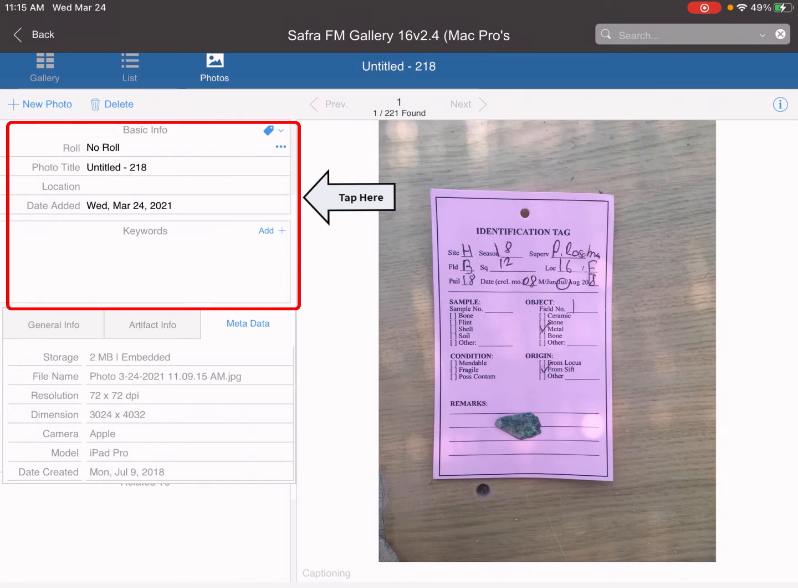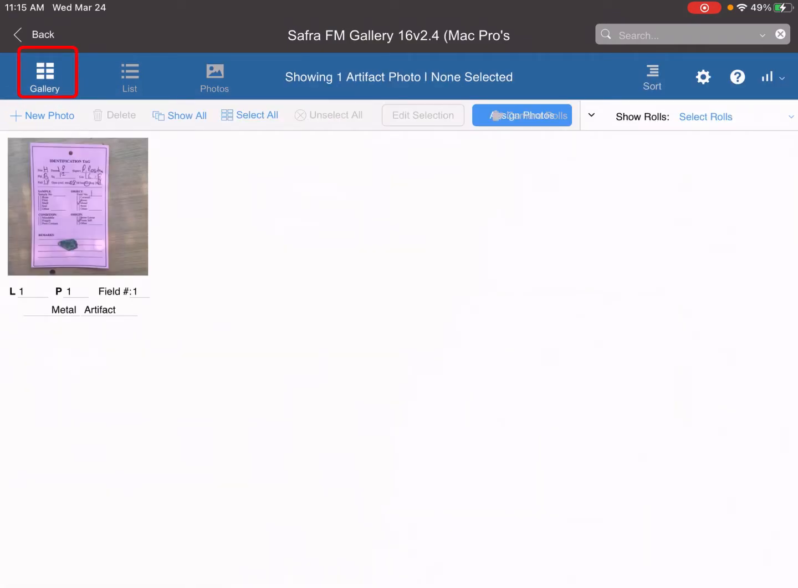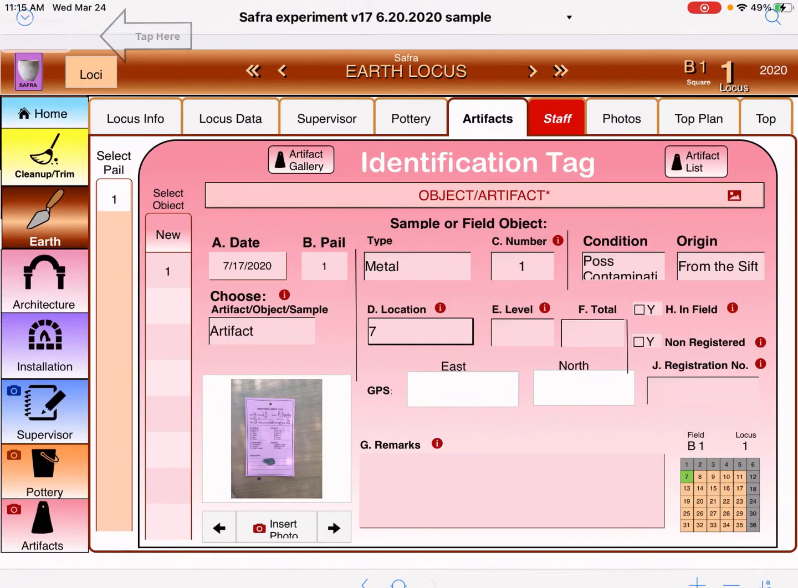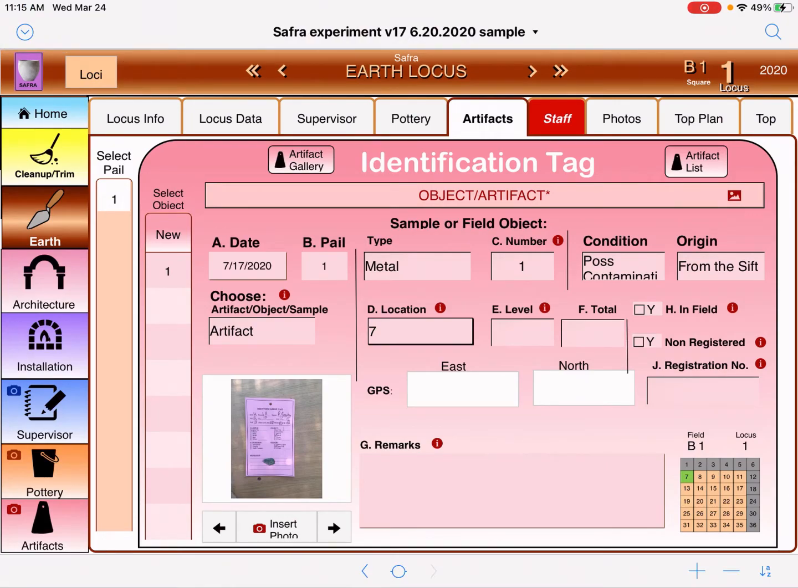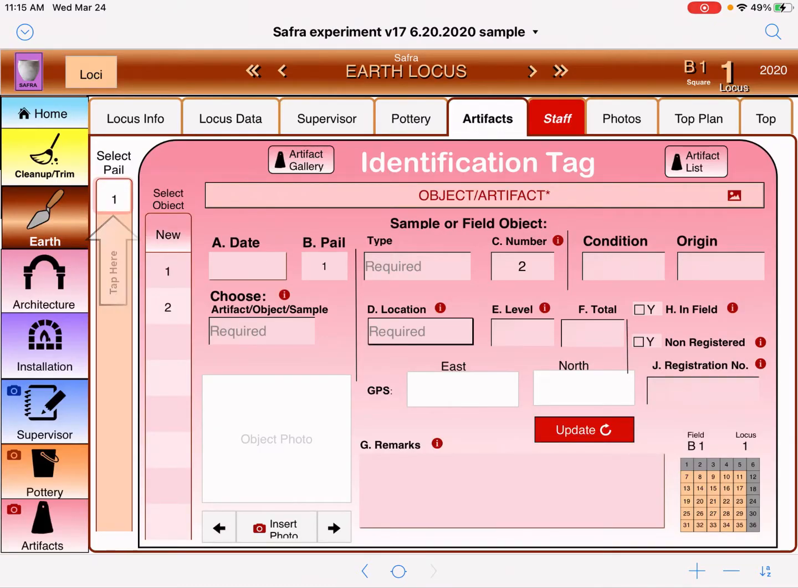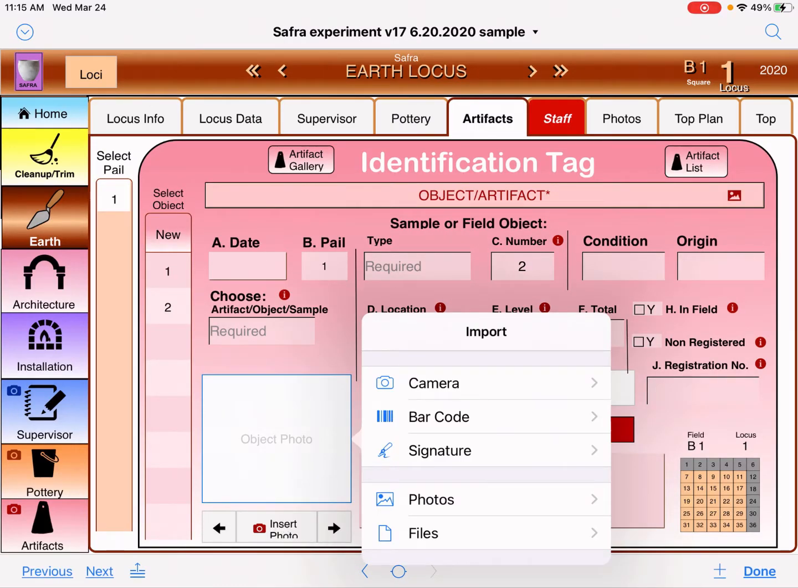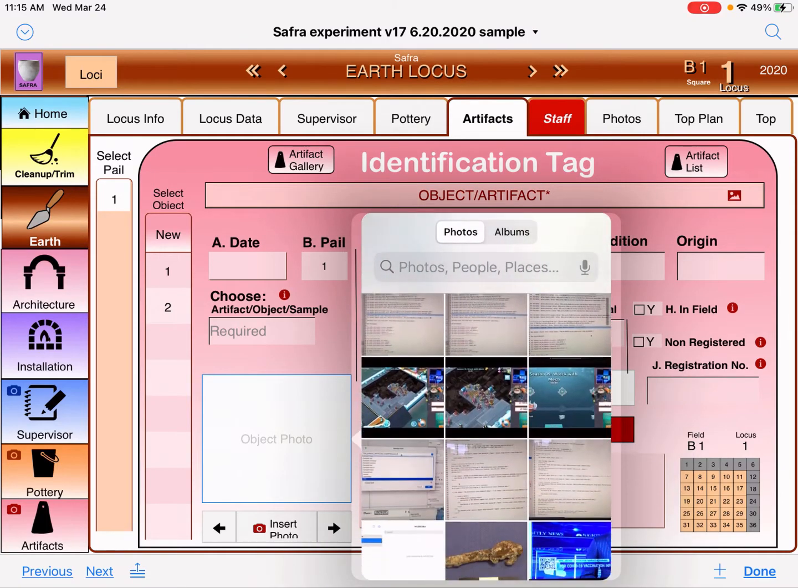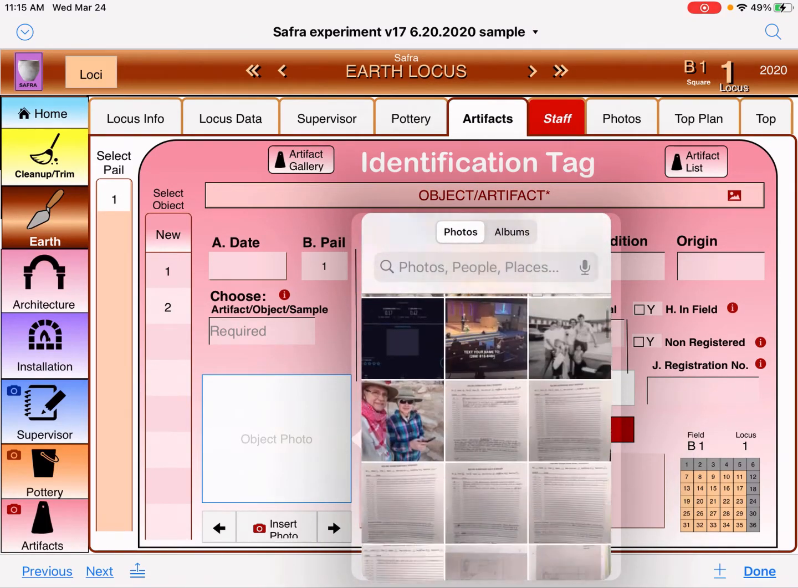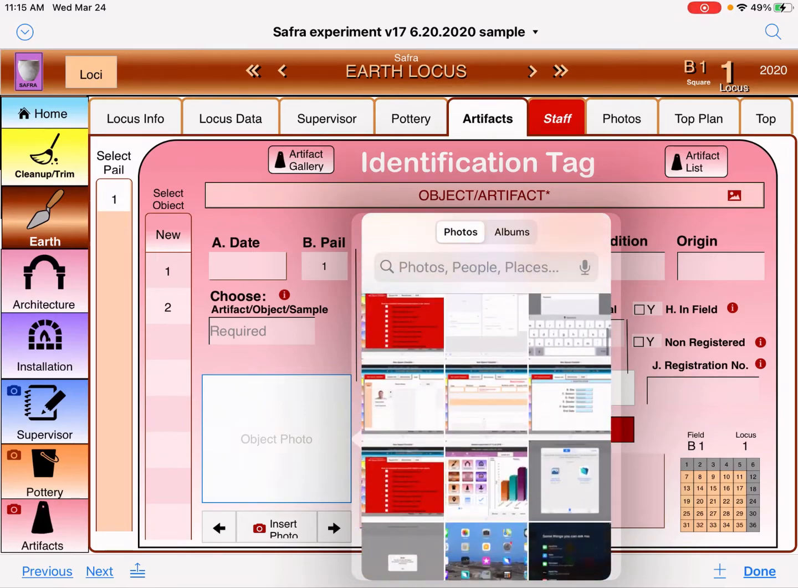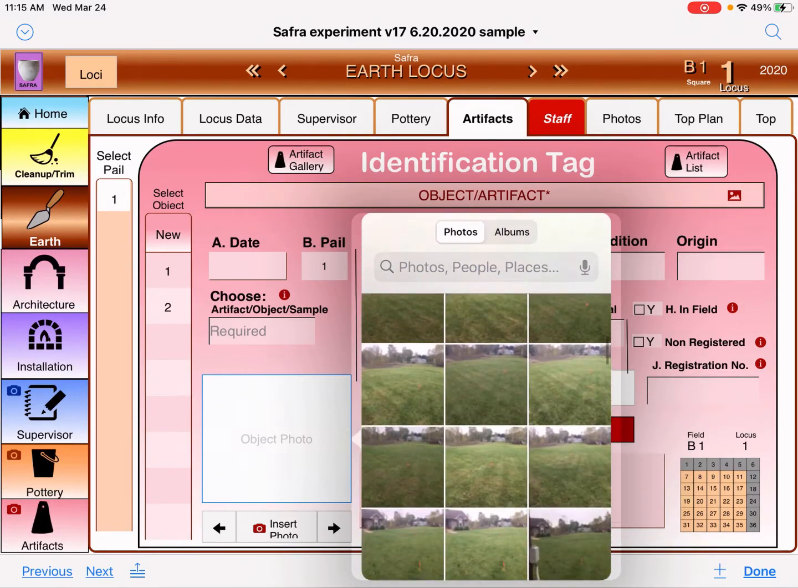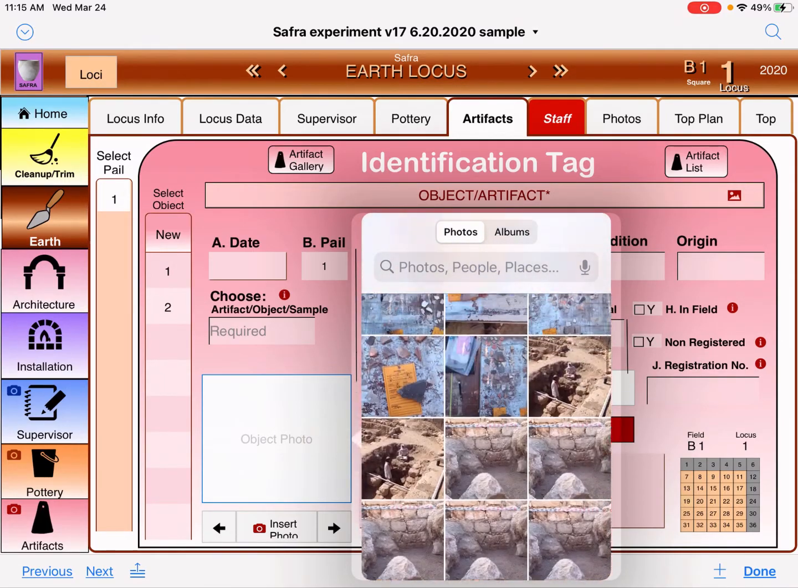You also have other information such as adding the photo title, its location. You can also put in keywords here. Just tap in and you can put in add keywords. If we go now back to the gallery, we can then tap the back button and it takes us back to where we were. So if we want to add another one, we just simply press again the new button like we saw there. Now we're going to find a photo by tapping on the object photo, and then we're going to scroll through our photos until we can find an artifact or a sample or something that we can use for this particular